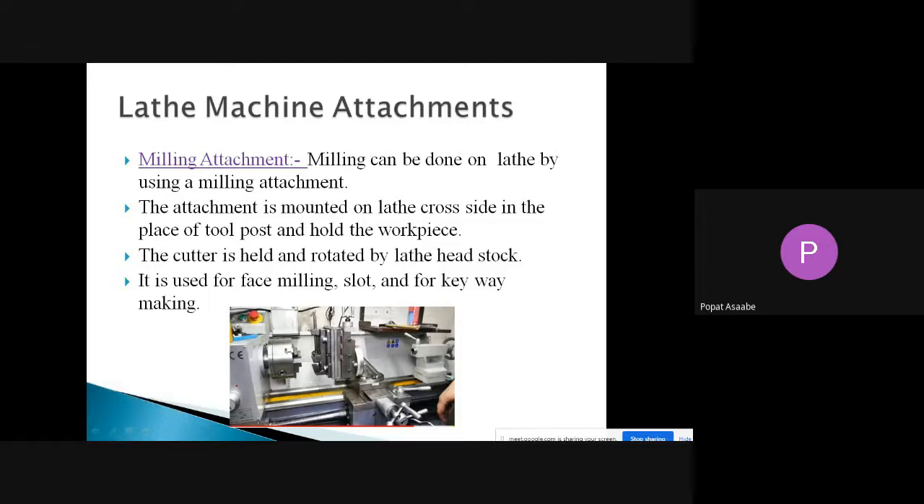it consists of one slide. See this portion, whatever portion you are looking at, this portion is called the slide, and here one wheel is provided, which is visible. This whole device is called the milling attachment, and that milling attachment we have mounted in the place